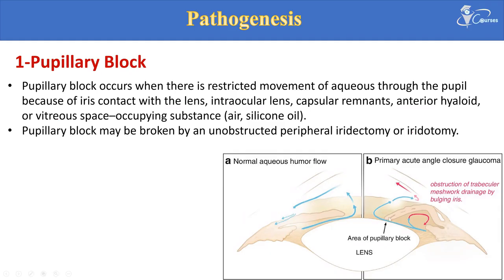Why is there a touch or contact between the iris and the lens? This could happen, or this contact can happen, not only with the lens but with anything, like with the phakic lens or the pseudophakic lens. If there is capsule, there could be adhesion between the iris and the lens capsule, or even if the patient is aphakic, it could be a touch between the iris and the anterior hyaloid face of